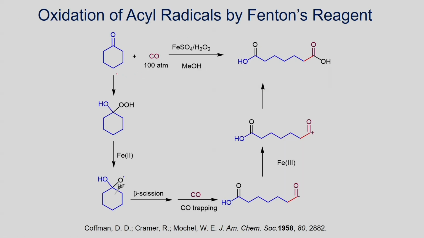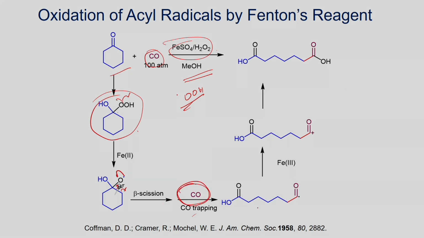Here is another example shown. Here the reaction of ketone with the carbon monoxide in the presence of ferrous sulfate and hydrogen peroxide is shown. And as we have seen, you can form the radical from the ferrous sulfate and hydrogen peroxide, which can undergo addition reaction, and you get this compound. Once you have this one, now this can undergo cleavage here, and then you form this radical, and this can undergo cleavage, and you will be able to form this radical. Once you have the radical, this radical can now undergo addition reaction with the carbon monoxide. As we have seen, you get the carbonyl radical.